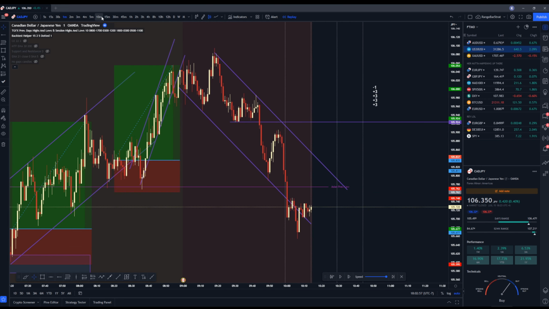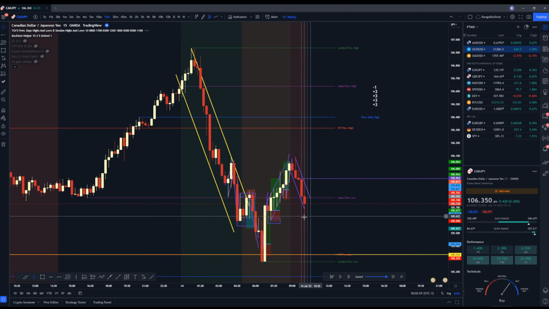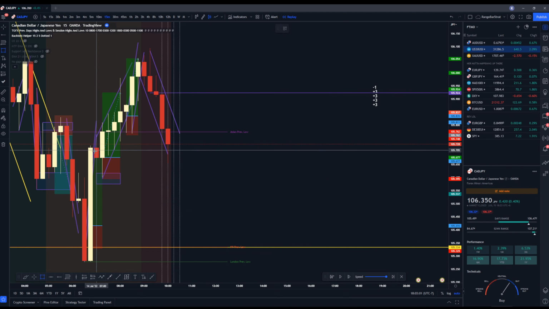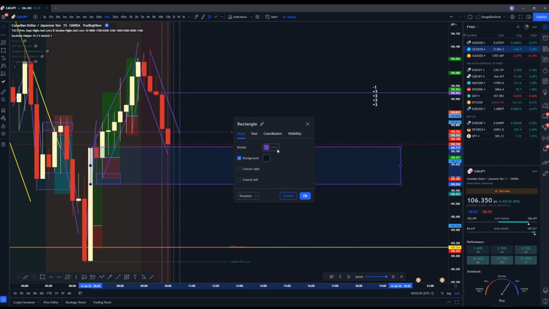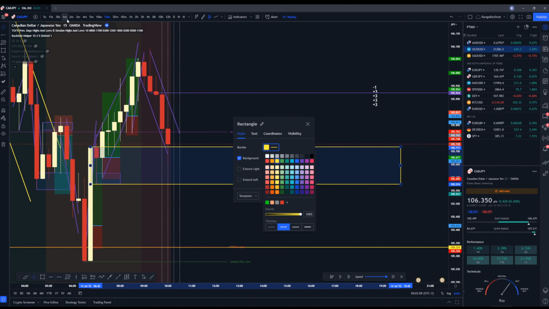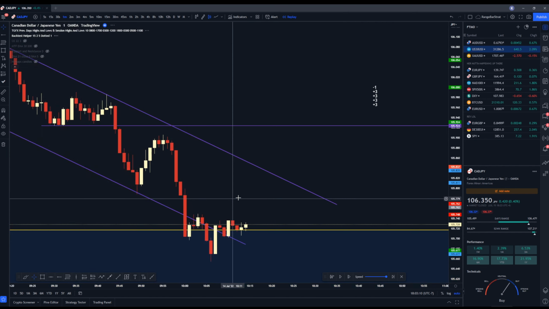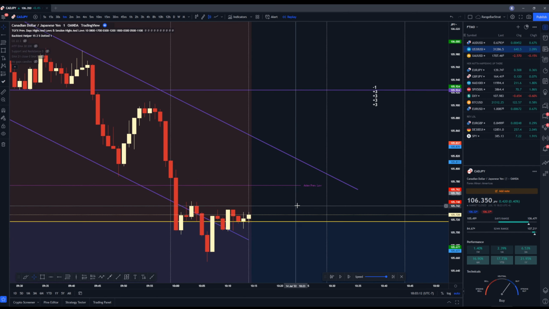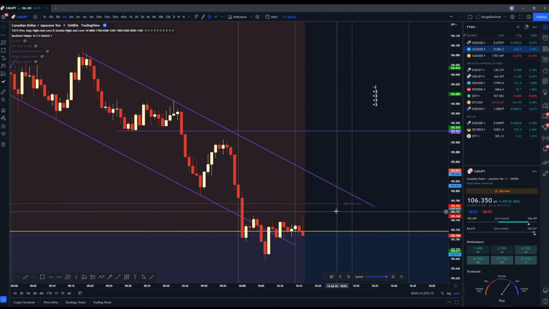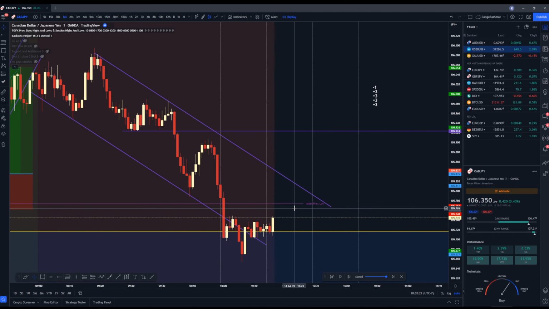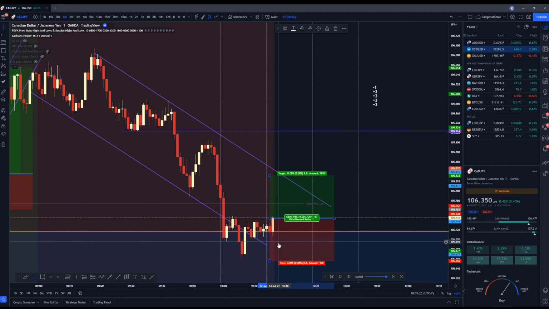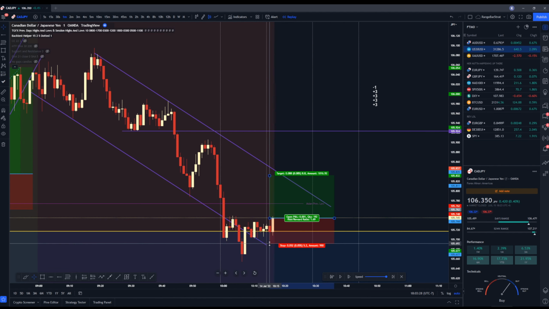What we can do is check for areas of demand. It looks like we're currently sitting in an area of demand right now. That's this giant zone here. Unfortunately, I don't like the giant zones, but we did make a quasi in there. So what we can do is now wait for a push up. And then we could probably enter on this if we wanted to be really risky and say, it's a quasi, it's a 15-minute zone of demand, so let's try to take it.